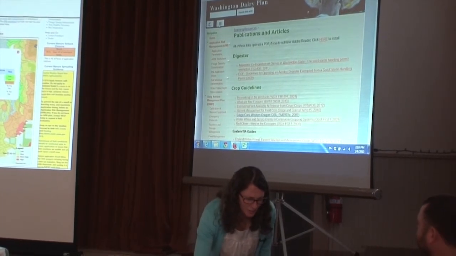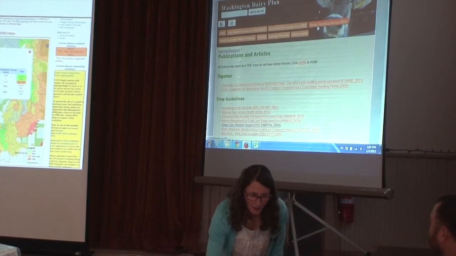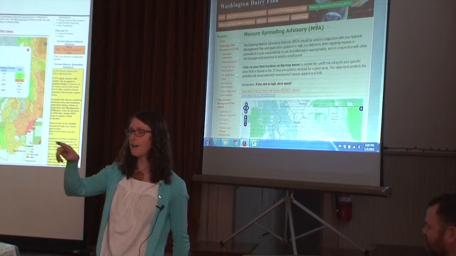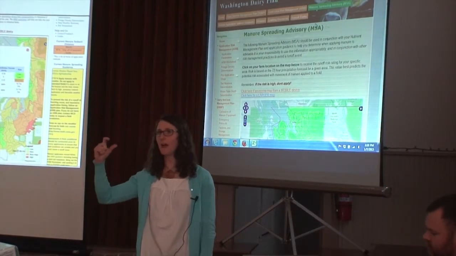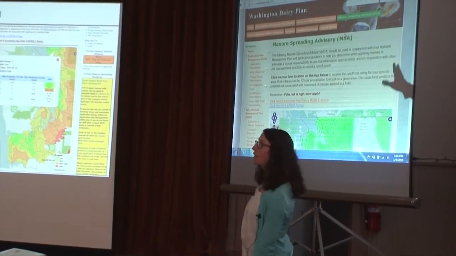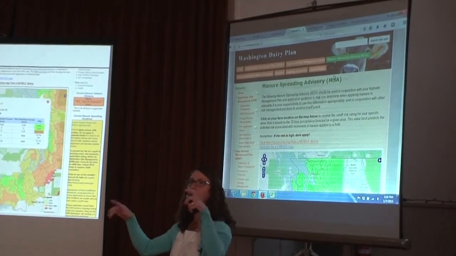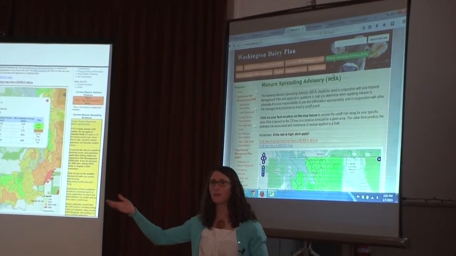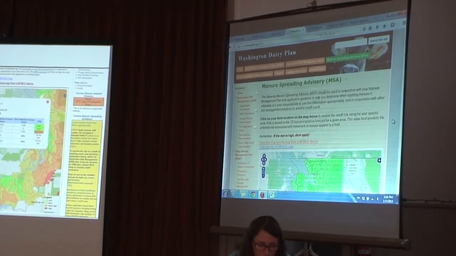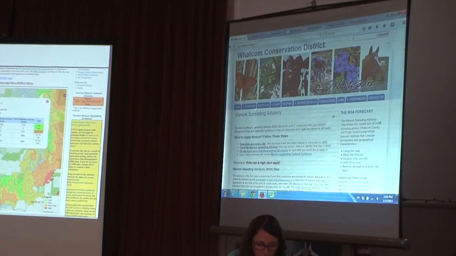Okay, so I'm going to show you the manure spreading advisory. On those little cards that I passed out earlier is the web address to find this, wadairyplan.org. Everything you could need, we keep referencing stuff, it's all up here. Every one of the guides that someone has referenced, Andy Berry referenced a lot, they're all up on here. So everything is here. This manure spreading advisory in particular, you can also find it on the Whatcom Conservation District